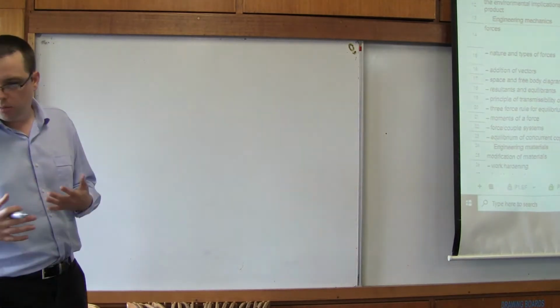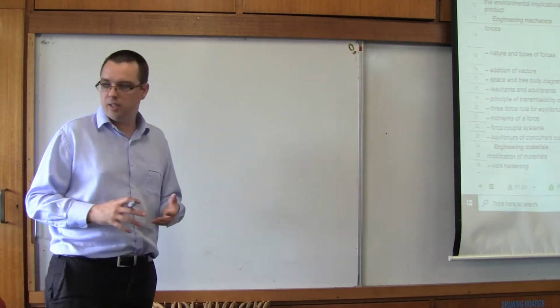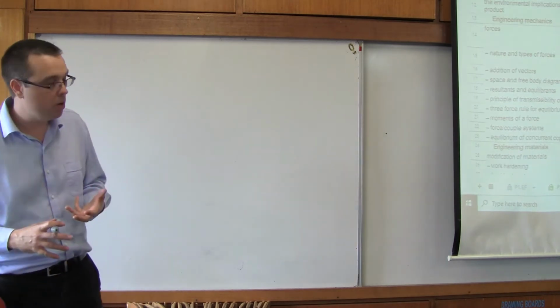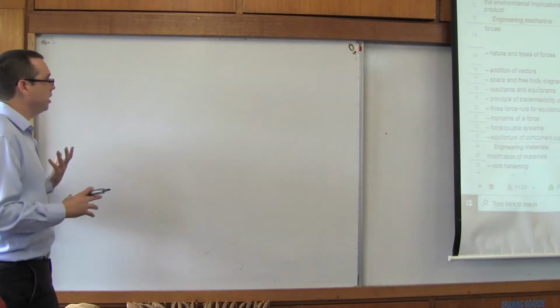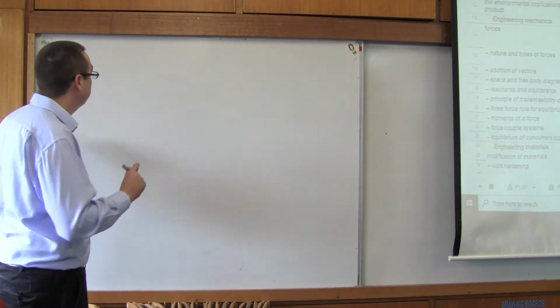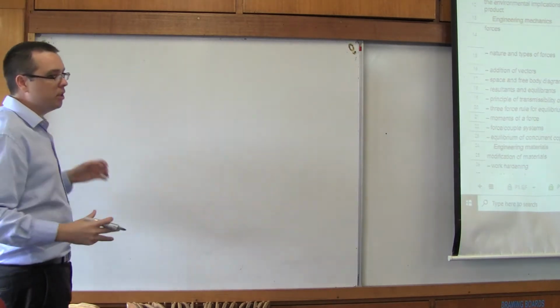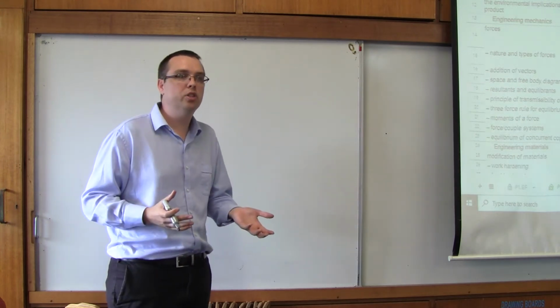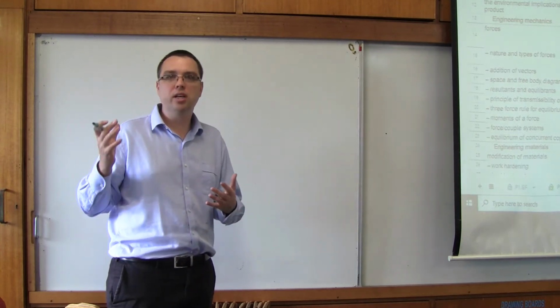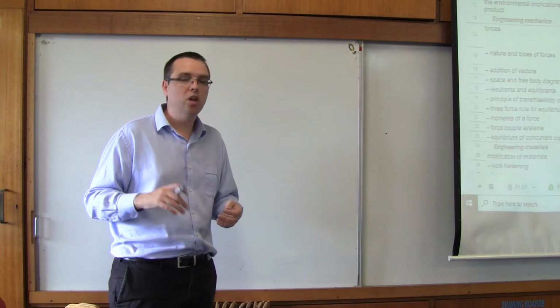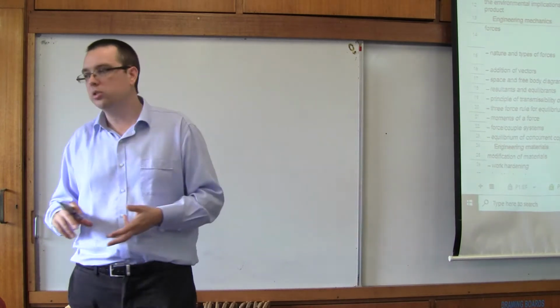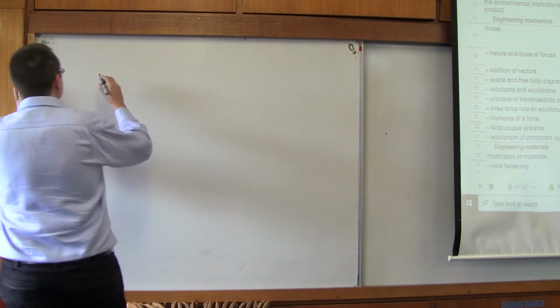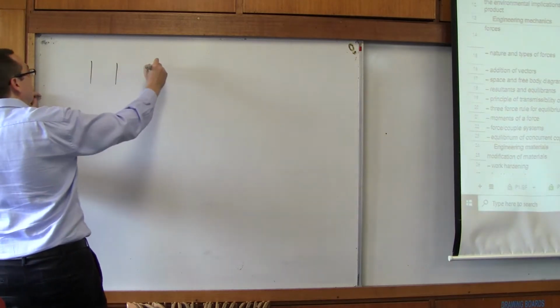So I can't remember what page, but Copeland has somewhere in his textbook, he talks about concurrent forces. The Metcalfe book also talks about this. So I like to say that a force is a push, pull, or twist. That's my definition. But a lot of people, when I ask them, they say force equals mass times acceleration. What they mean when they say nature and type of forces is they're talking about, if I have these three